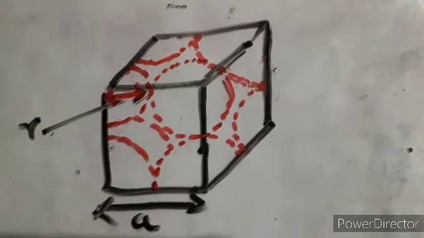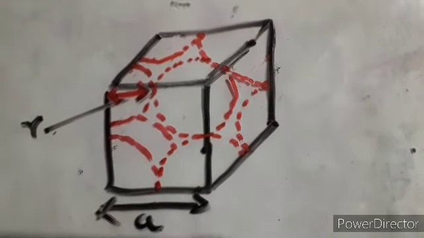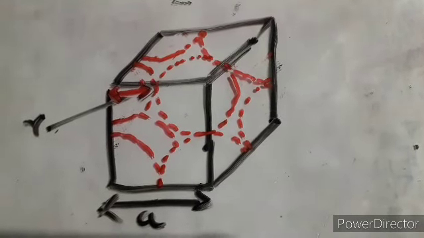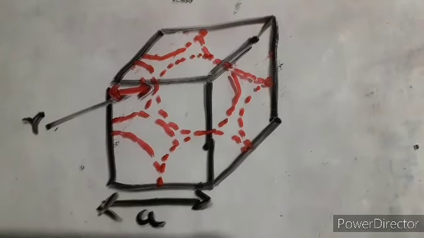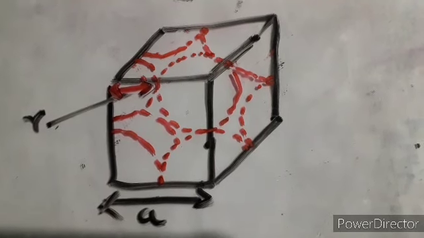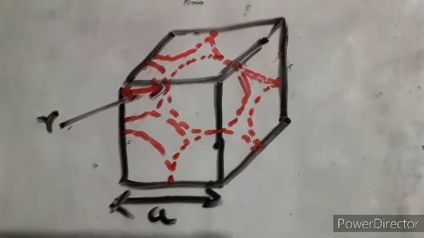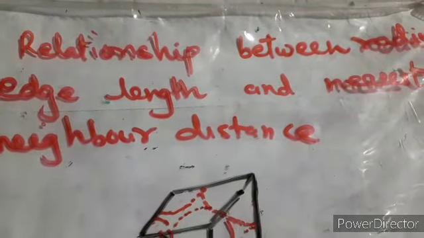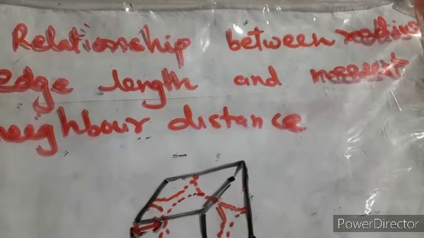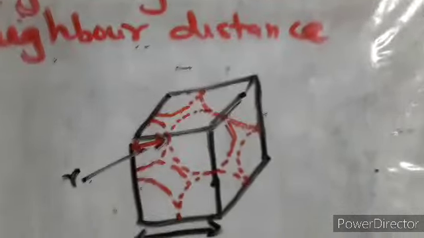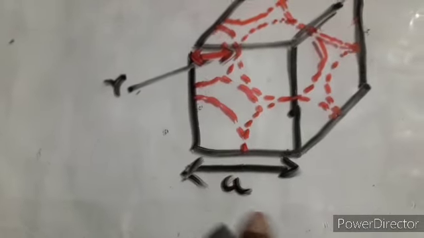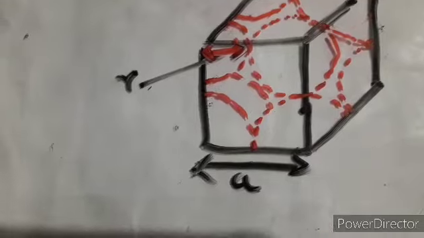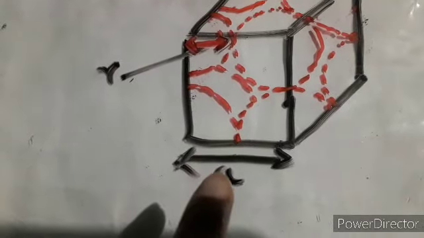Now in this diagram you can see I have made one unit cell, and the red spots I have drawn are the atoms present in a unit cell, which are shared also, and some of them you are seeing in a bigger form. So here we have seen the relationship between the radius, edge length and the nearest neighbor distance. I have already mentioned what the edge is, whether it is length, breadth or height. It is your edge length, which we have seen in the previous videos.